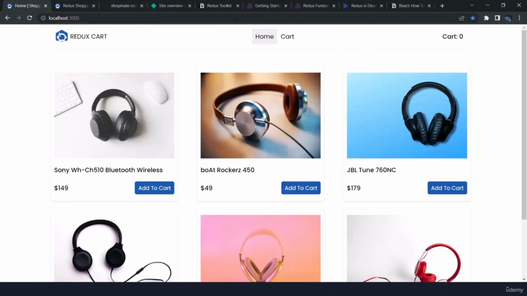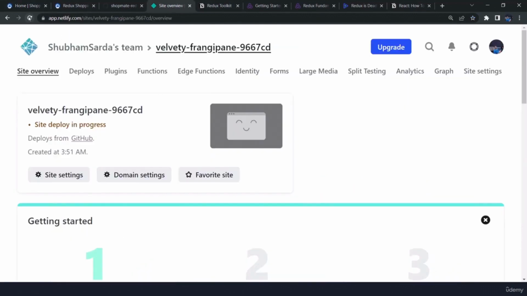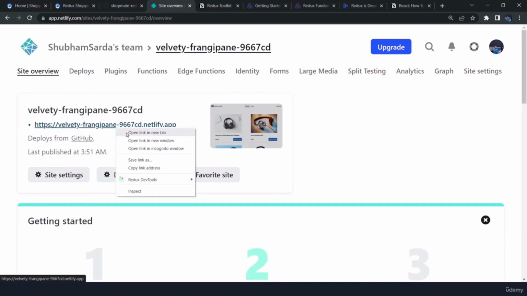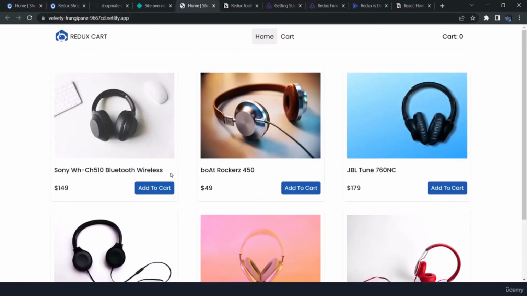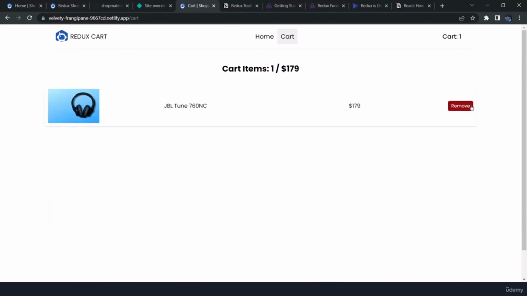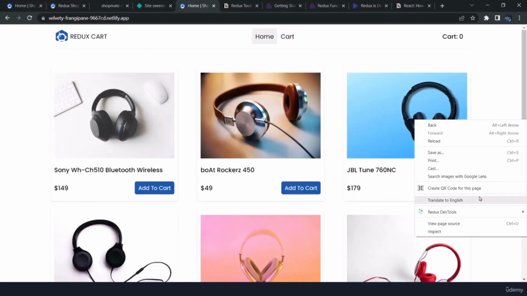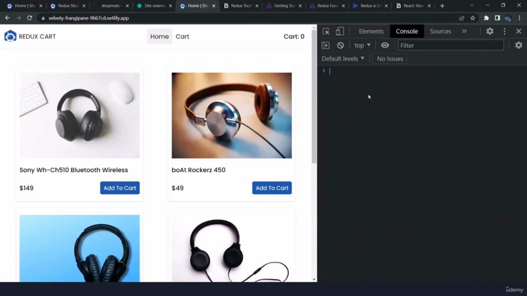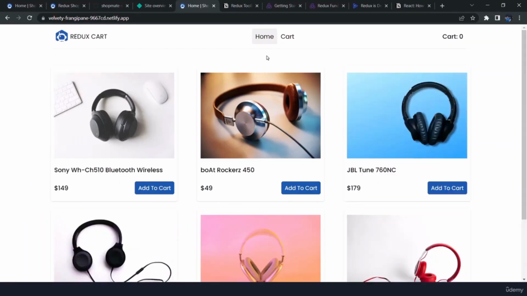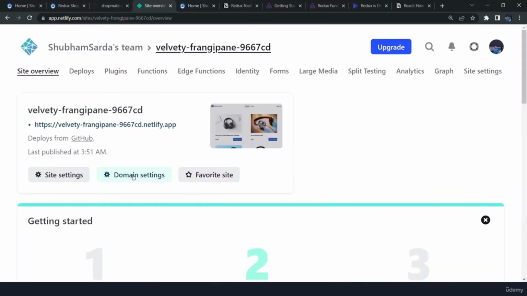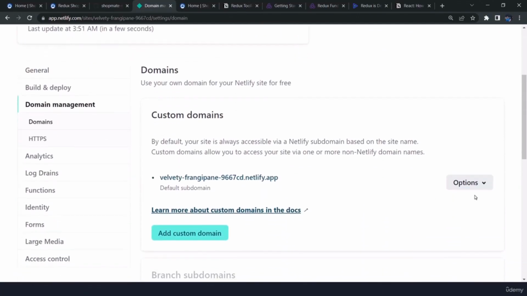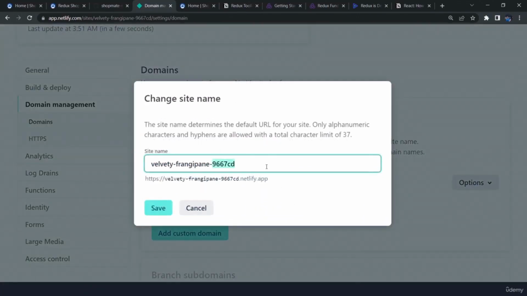Okay, let me get here to my Netlify. Let me refresh. Okay, this is done, and if I open this one, get here, click on add to cart, get into my cart, remove. Also, for once, let me check my console and see if there is any console log. Yep, everything is fine. Let me get into my domain and update it and call it